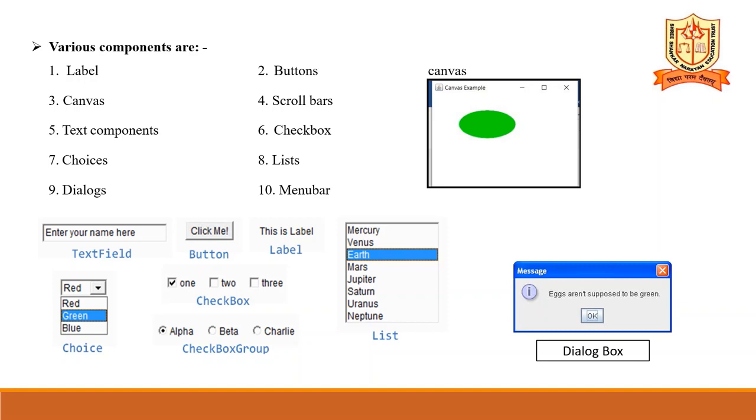And next, choice is shown here. At a time only one is visible. When you click on this one, the choice contents are displayed here. See how the choice looks in this image. And next, list is shown here, how it looks. And next is dialogues. It is a pop-up window. You can see the window here. It is written here, eggs are not supposed